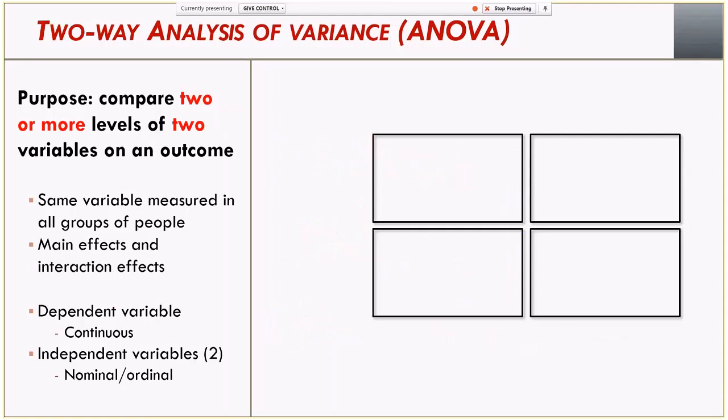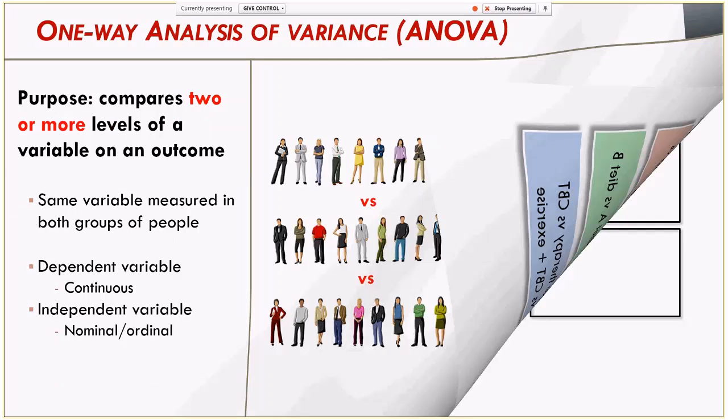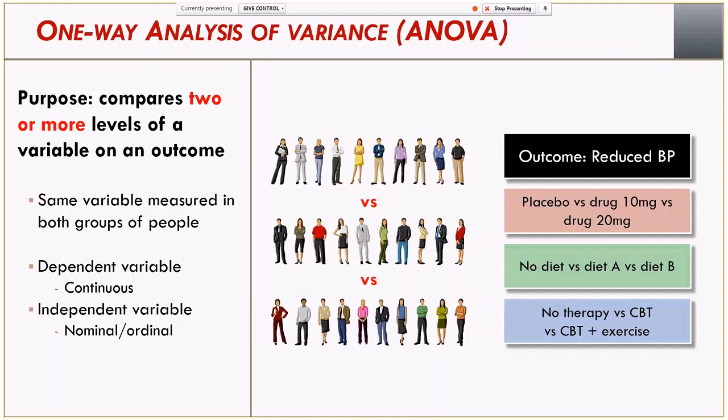So getting even more insane, we now have a two-way analysis of variance. Now, when I say one-way or two-way, all that is referring to is the independent variable, the groupings. So in the case of one-way analysis of variance, with these three examples here with the placebo, the drugs, the diet and the therapy, we had